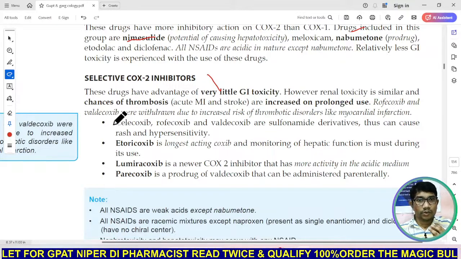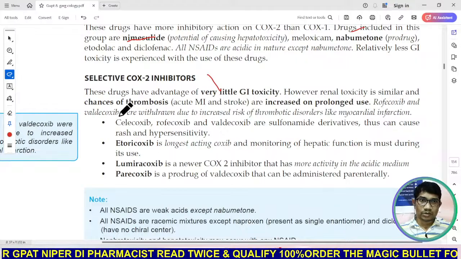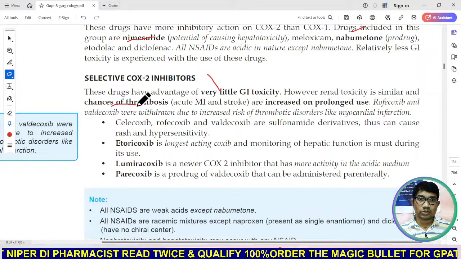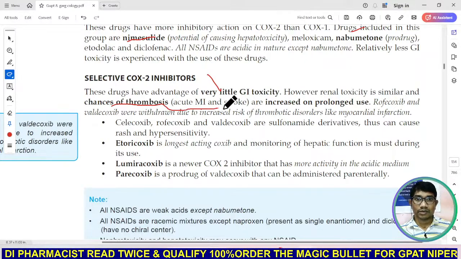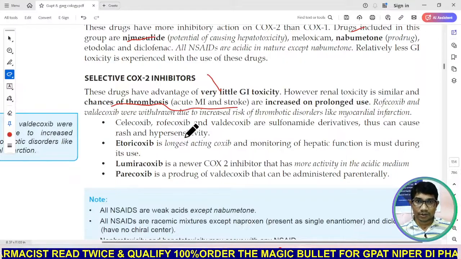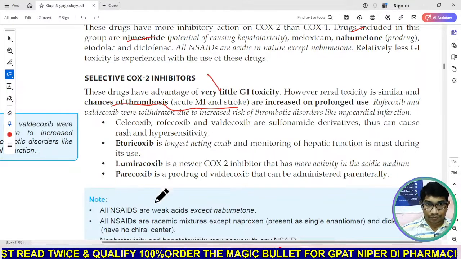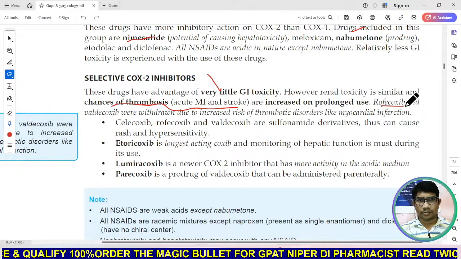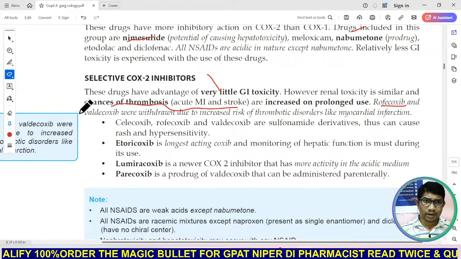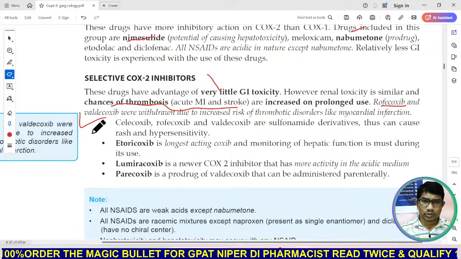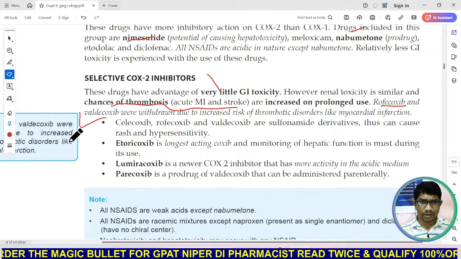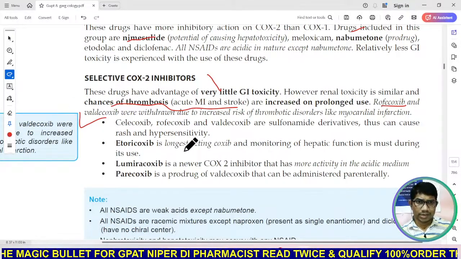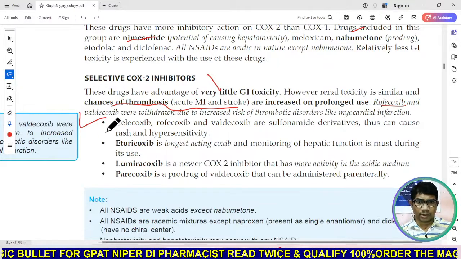Okay, so they have another adverse effect known as thrombosis. They can cause stroke and myocardial infarction, है ना. जैसे फॉर एग्जांपल आपका, है ना, rofecoxib and valdecoxib, they are withdrawn from the market because of the stroke and myocardial infarction as an adverse effect. तो याद रखना है, सेलेकॉक्सिब, रोफेकॉक्सिब, valdecoxib